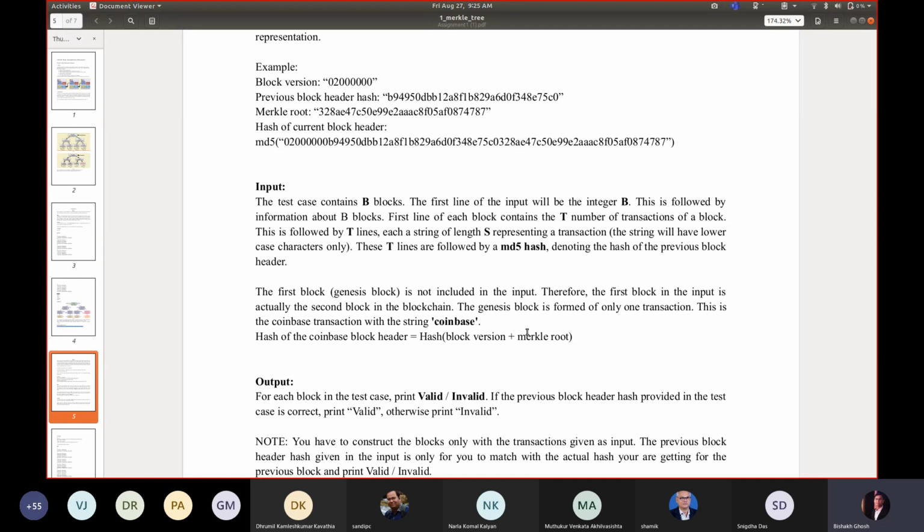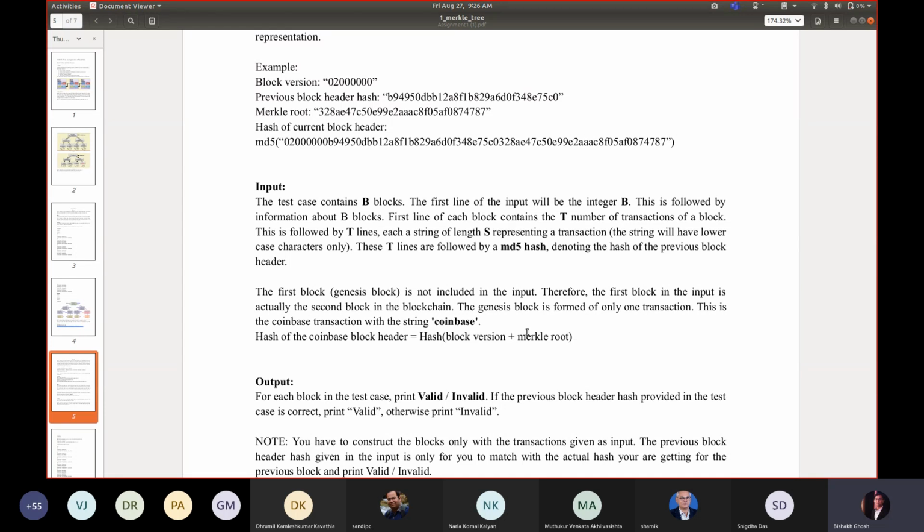After the genesis block, you will construct the other blocks one by one from the given inputs. In the input you will be provided B, the number of blocks, and for each block you will have T transactions.